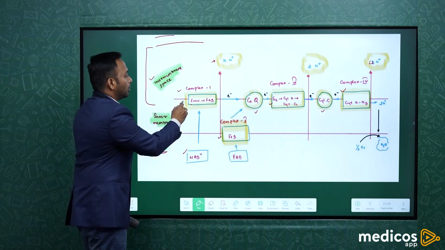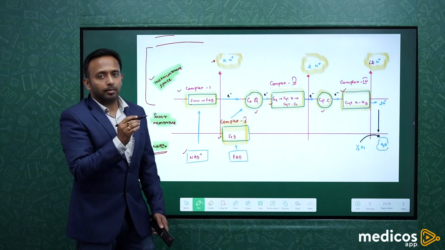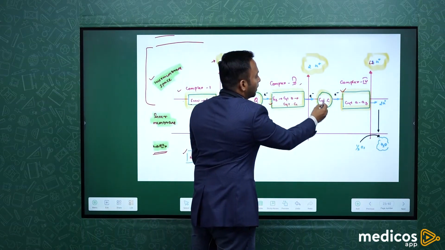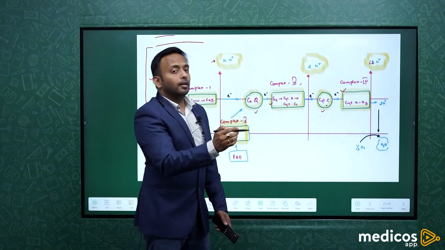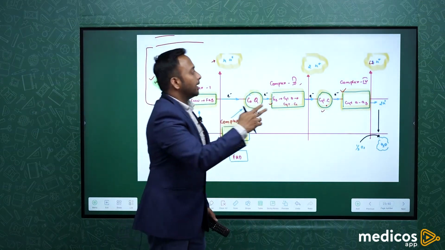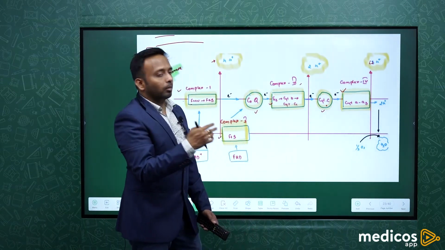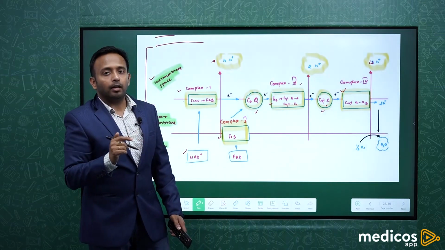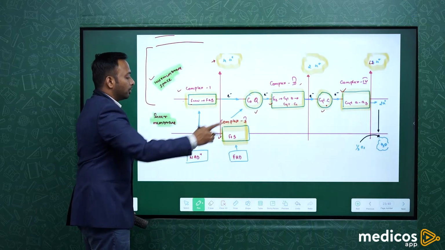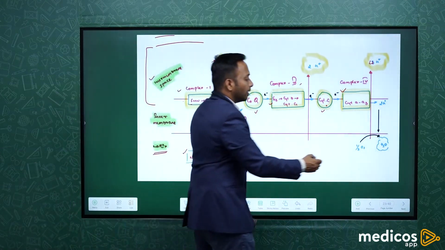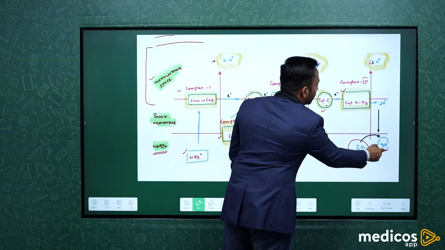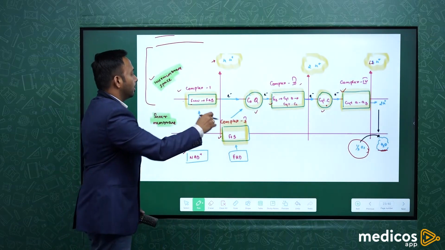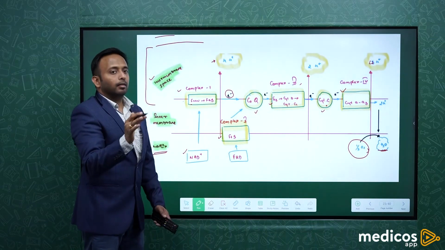When the electron is transported from complex 1 to coenzyme Q, we pump 4 hydrogens. When electrons are transported from complex 3 to complex C, that is cytochrome C, we pump 2 hydrogens, and lastly, at complex 4, for water molecule formation, we pump 4 hydrogen ions. So in total 10 hydrogen ions per electron pair through the whole cycle. At the end, half a mole of oxygen is converted into a water molecule. So we are generating the water molecule at the end with the transport of the electrons and pumping the hydrogen into